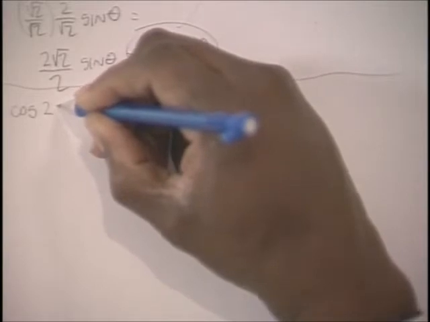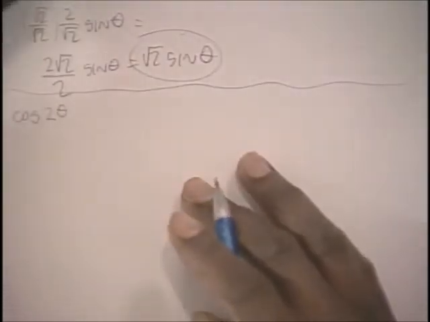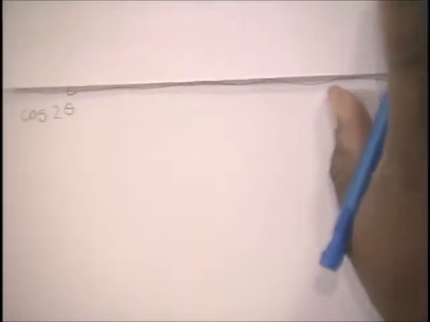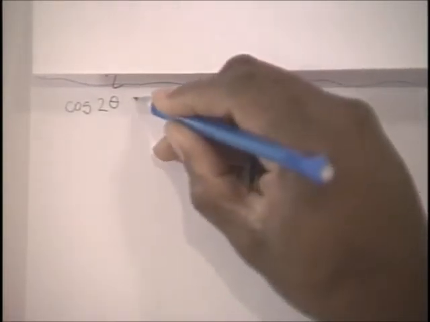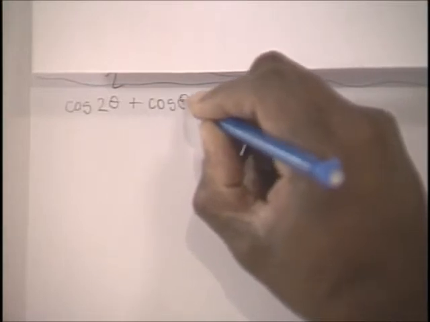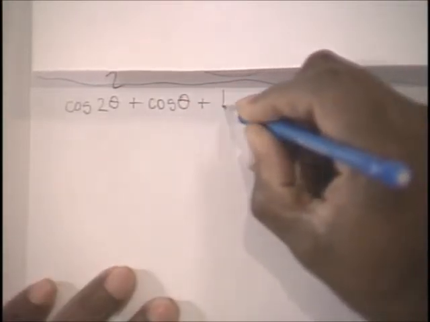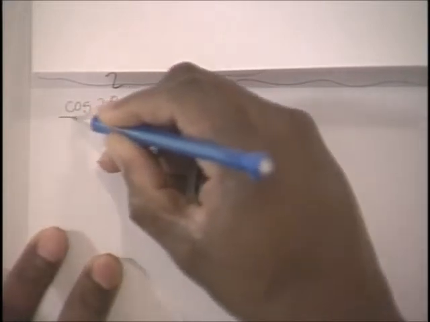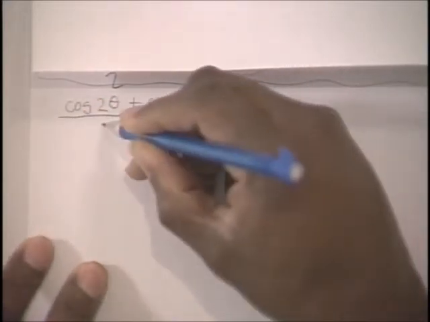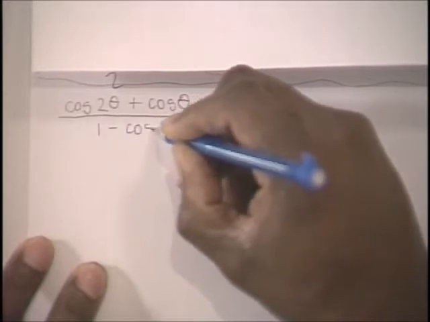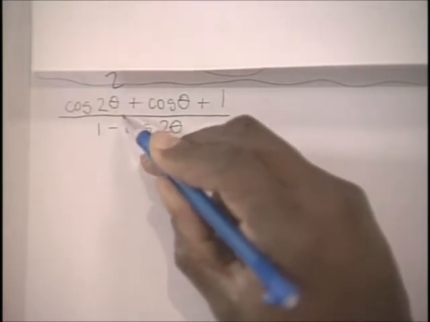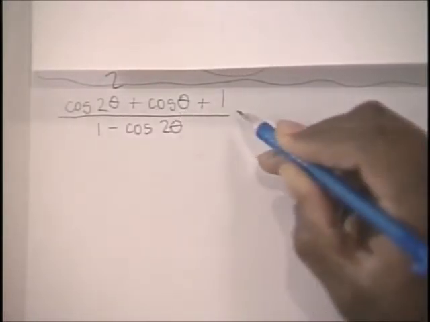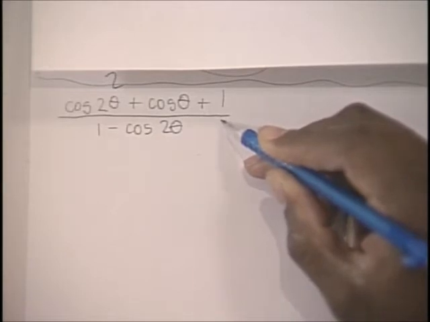Of 2 theta, let's get rid of this here. Get this out of the way so it doesn't confuse anybody. So we have the cosine of 2 theta, plus the cosine of theta, plus 1, all of this over 1 minus the cosine of 2 theta. All right, let me make sure I wrote it down. Cosine 2 theta plus cosine theta plus 1. And this is over,